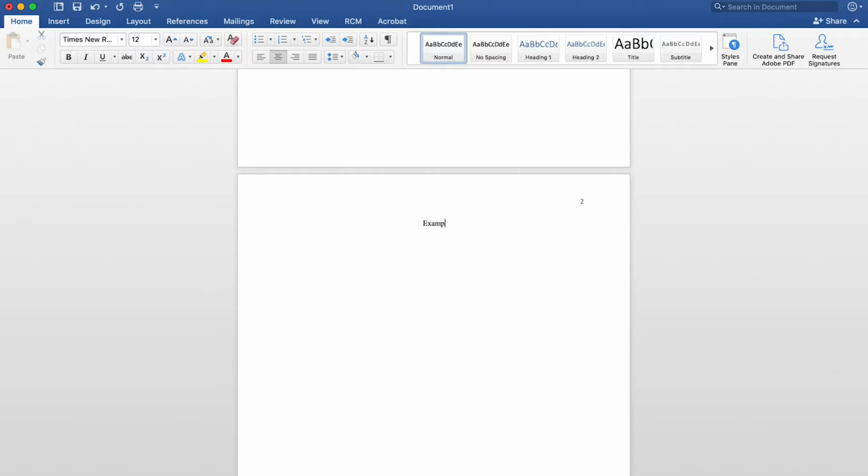Now we will move on to the main body of your paper. On a new page, enter the title of your paper and make sure it's in the center of the page. Press Enter to go to the next line and change the alignment to left. Use the Tab button to create an indent for each new paragraph. That way it doesn't affect the center alignment of your title.